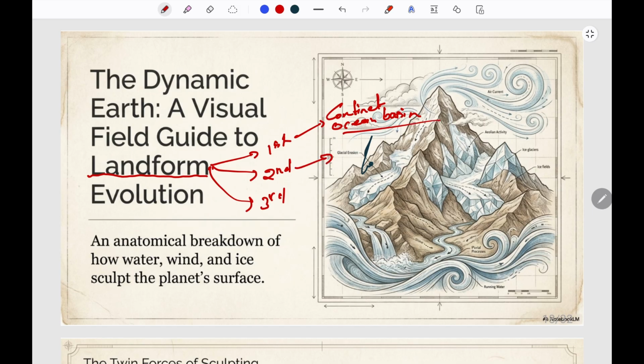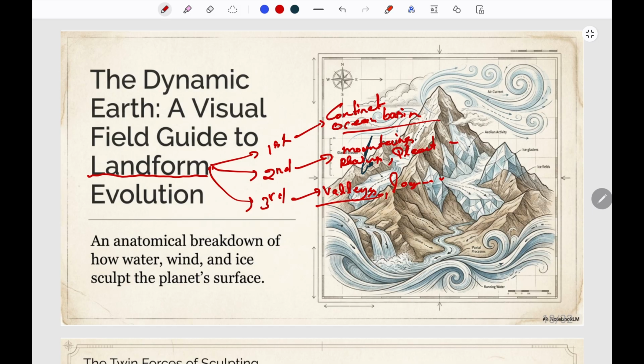Second order landforms include some major landform features like mountains, plains, plateaus, etc. And third order landforms are the landforms which are carved out by exogenetic forces from these secondary or primary landforms, like valleys, longitudinal valleys,